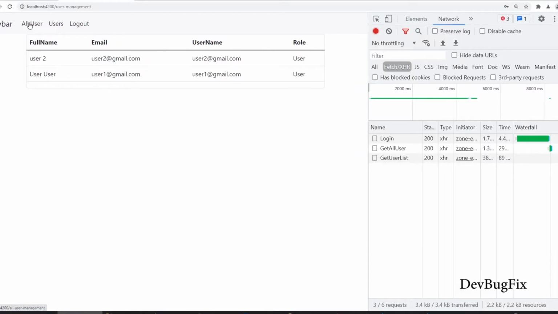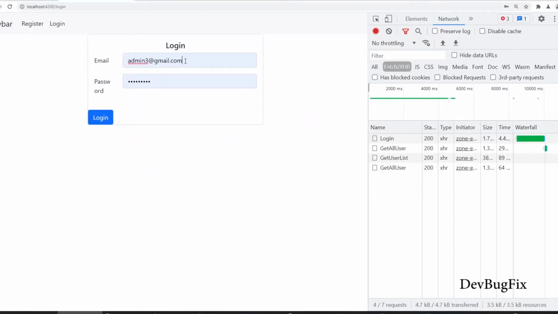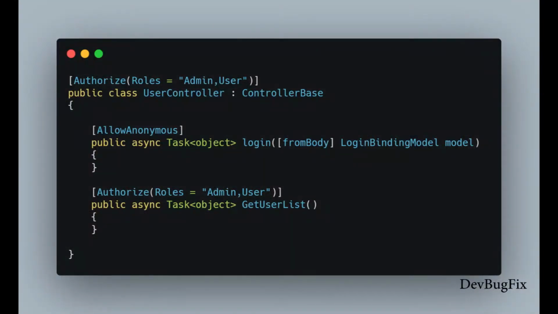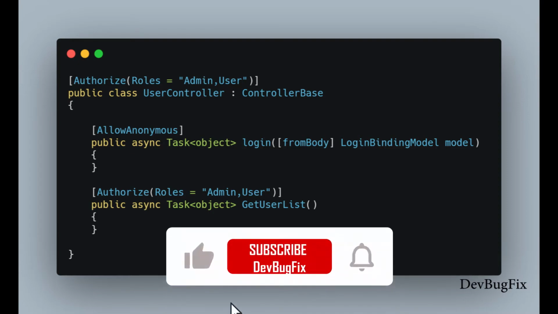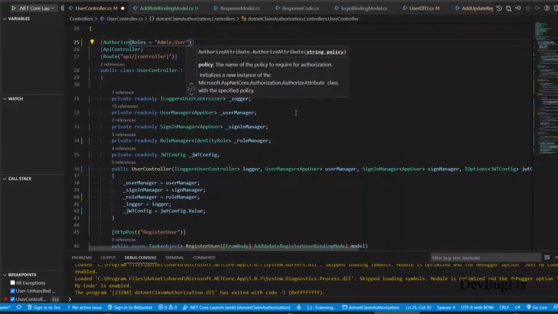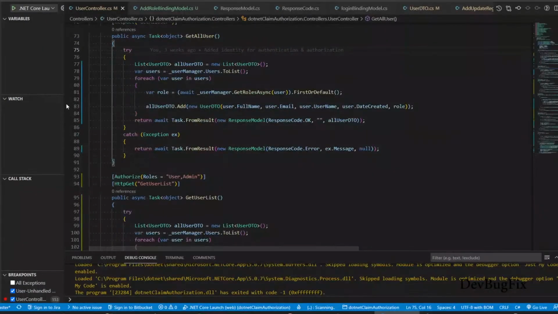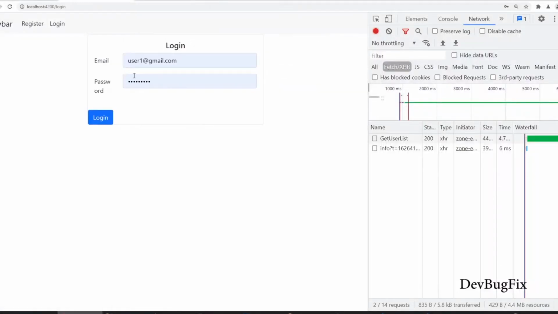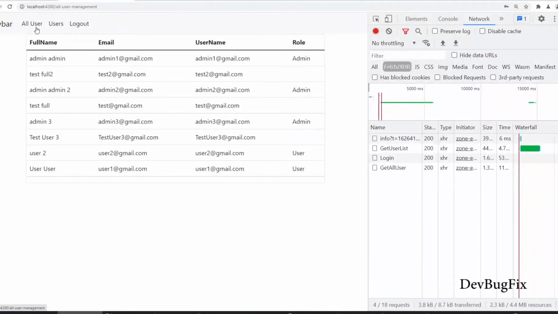And if we log in with a user that has role type user, we are able to log in, but we will not be able to get data and we will get an unauthorized error. In order to access the get user list method, we will add user role at class level. So now we can access get user list if user has role type user. Here we will add user role at class level. Start the application and we will test again. If we try with a user that has role type user, you can see we can access data.